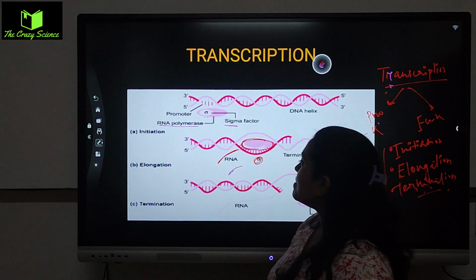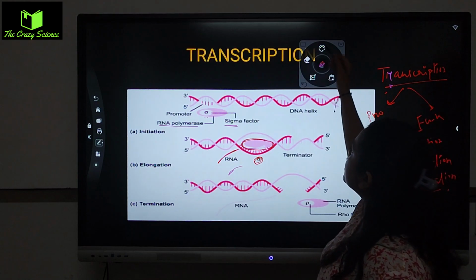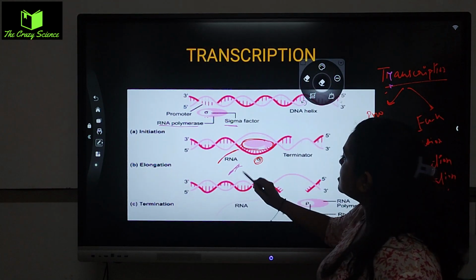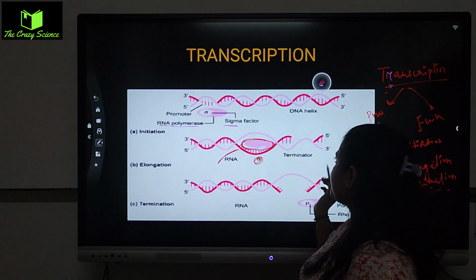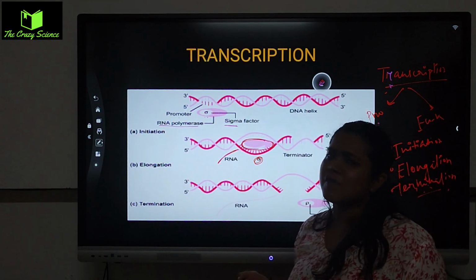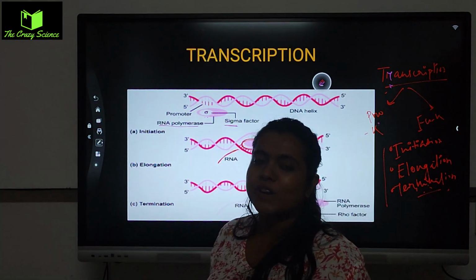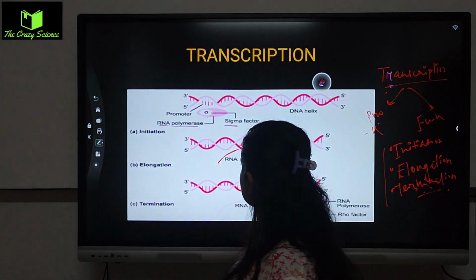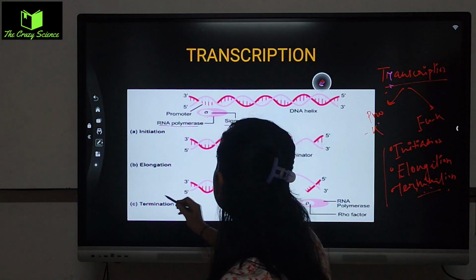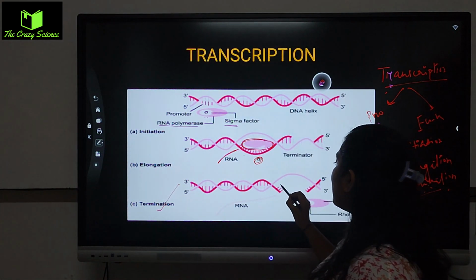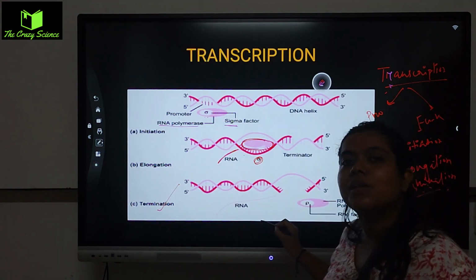You can see the RNA they are making here. Okay, they are making it on the way. Elongation means they are making it. So 3' to 5', 5' to 3', two strands, we have already studied. One is coding and one is template, and the entire thing is happening in the template one, not in the coding one. All right, in the termination process you can see that this is the last phase, they have reached